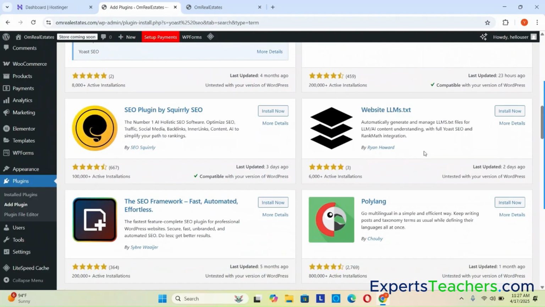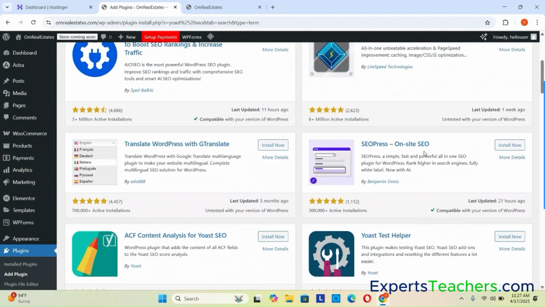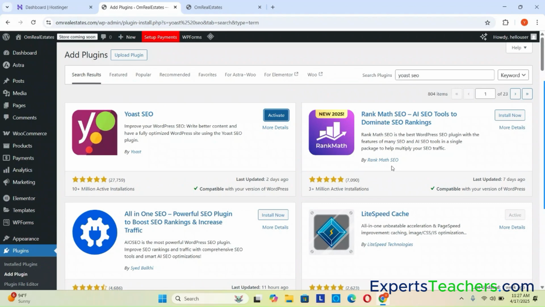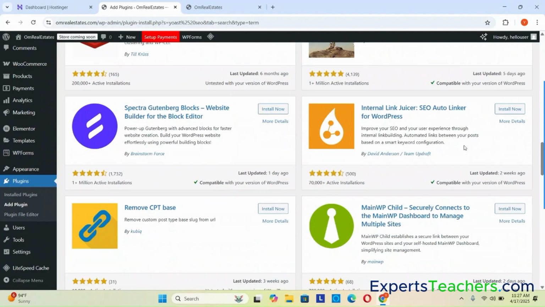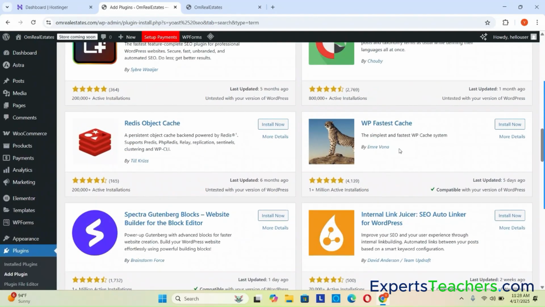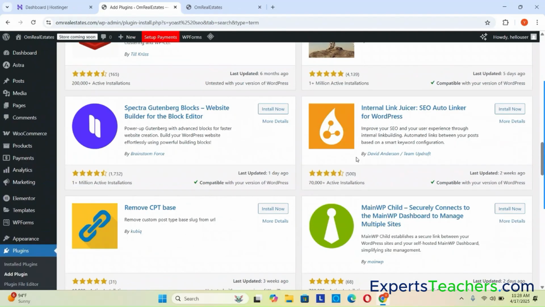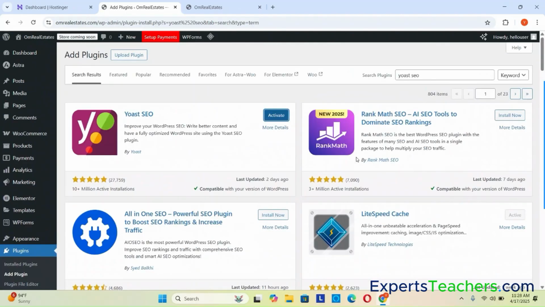Like if you also try to use more than one plugin for cache, SEO, or spam protection, your website will stop working. So it's good to have only one plugin installed, so that there will be no conflict on your website. So I'm just going to use Yoast SEO,